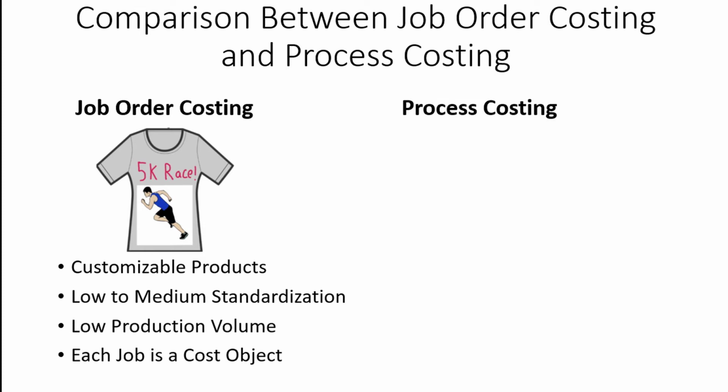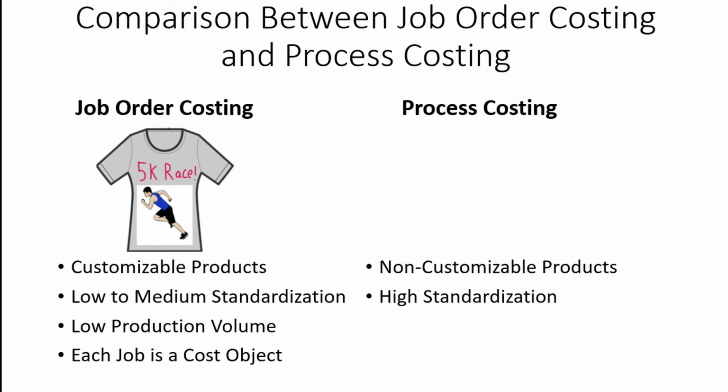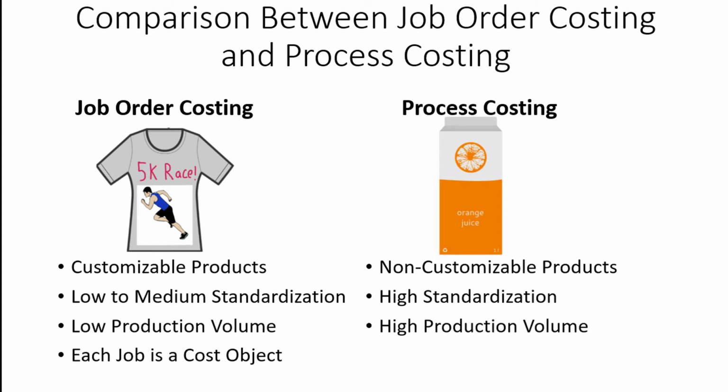For process costing, the product or service sold requires highly repetitive processes, and customization is typically not possible. Typically, the production process is highly standardized. Most products sold in a grocery store would be accounted for using process costing. Take, for example, cartons of orange juice. Although there could be small differences between each carton, each carton produced should be identical. Due to the lack of customization in process costing, production volume tends to be relatively high when compared to job order costing. The word process in process costing refers to the different processes or departments that a product must go through before it becomes a finished good.